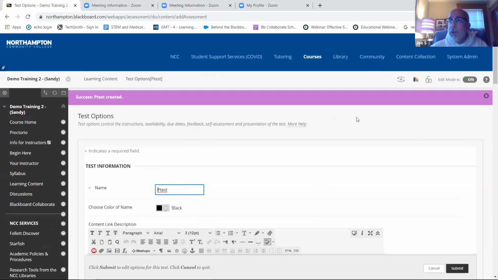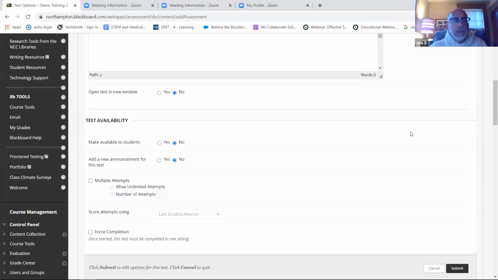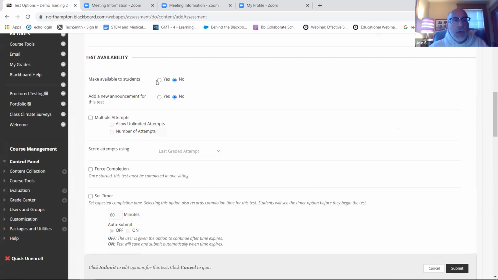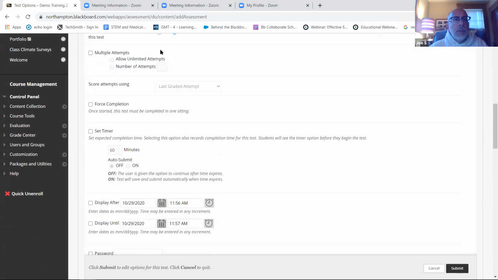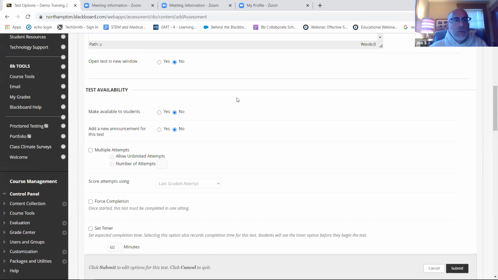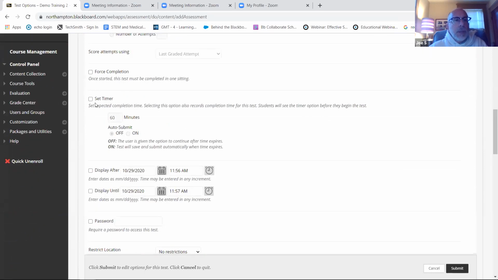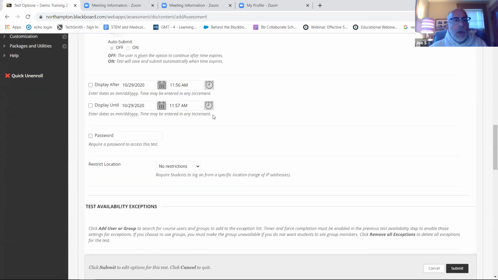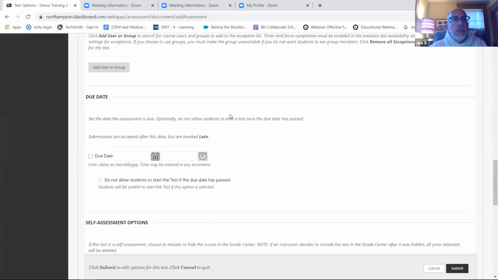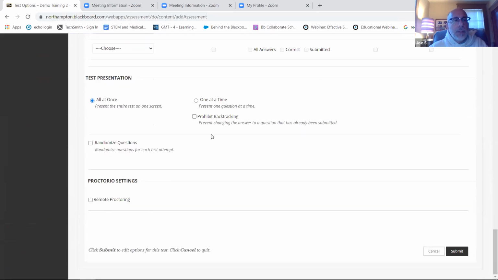And right away, we're going to be in the test options area while we're doing the deployment. So do everything else you want to do, make it available, and so on. We'll go ahead and do that real quick because I might have time to actually take the exam and show you, put a timer on, all this other stuff. But now when we get all the way down here, voila, we have what we want.